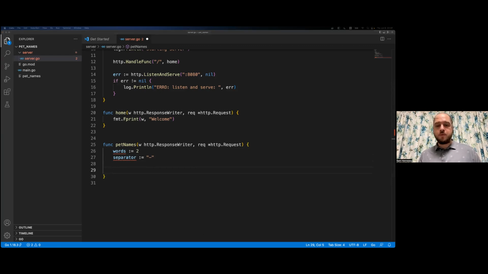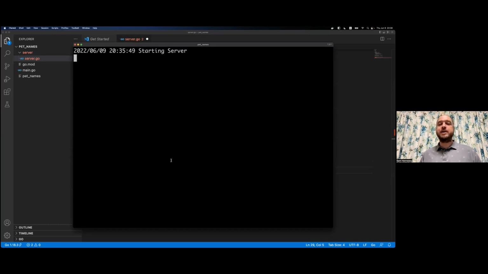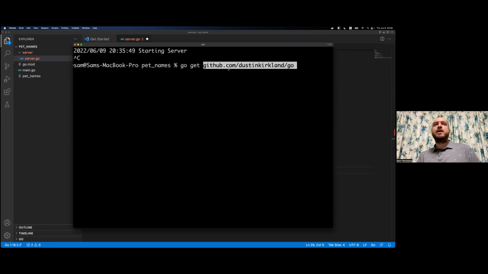So what we're going to do is go over to the terminal and we need to pull in our package. So I need to kill my web server. To do that, we're going to do Control C to terminate the running web server. There we go. It's done. And now I need to pull in that dependency. So I'm going to go get it. Literally, I'm going to go get. And then I need to type in this string here. So you can see github.com/